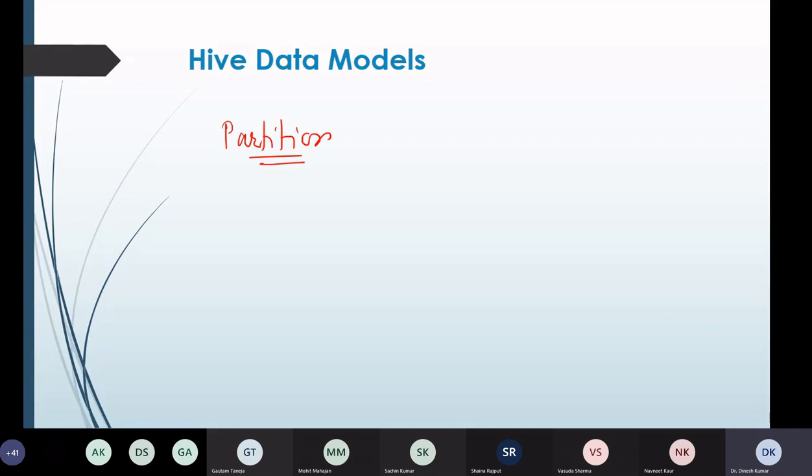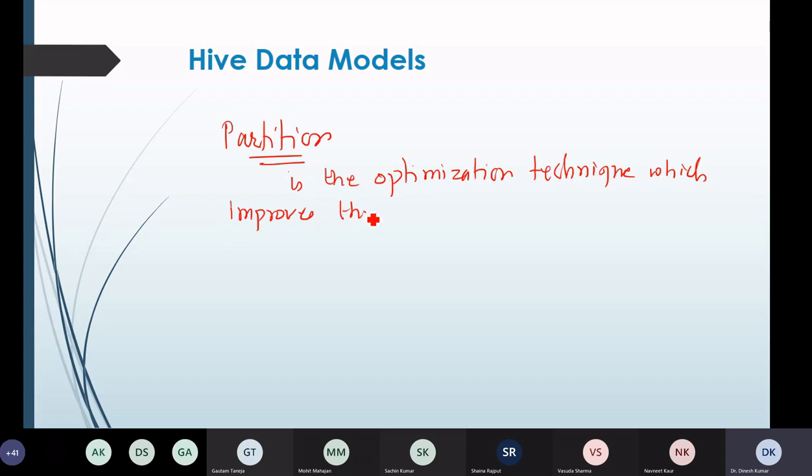So we can say partitioning is an optimization technique which improves the performance of query execution, or you can say which improves the performance simply.